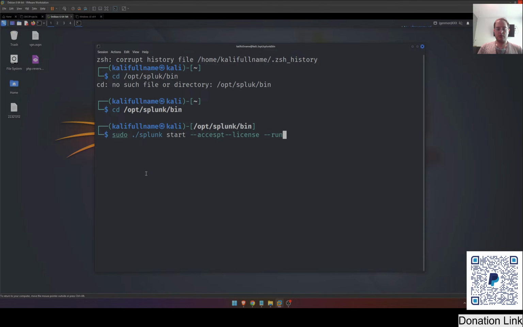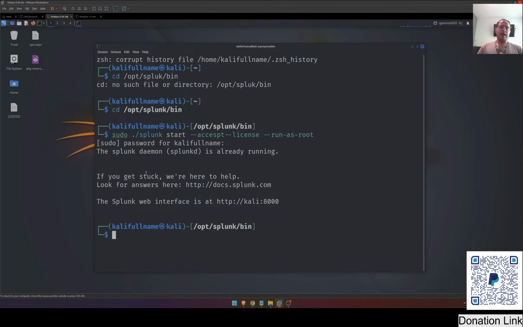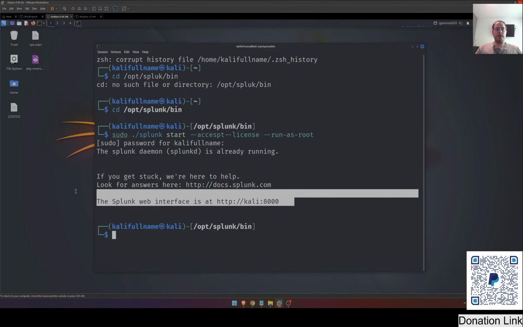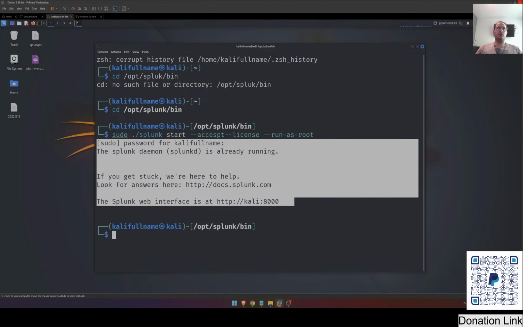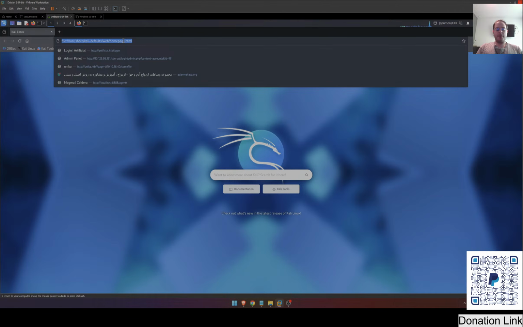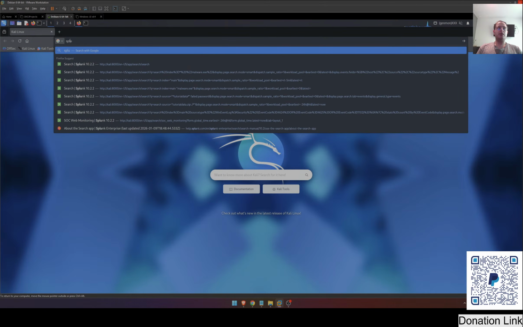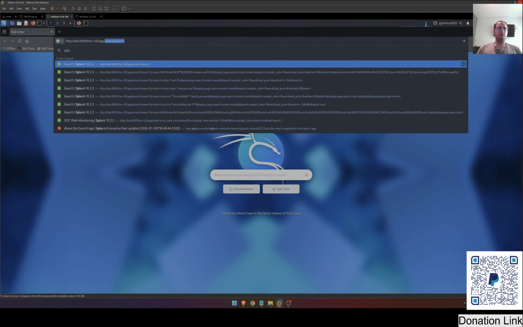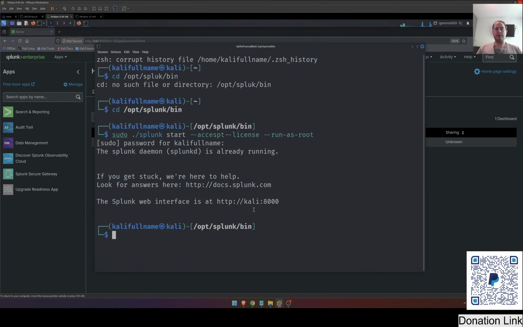Yes, run as root with my password in Linux, and now you can see I'm running my Splunk. Very good. I search Splunk, accept. It says go to